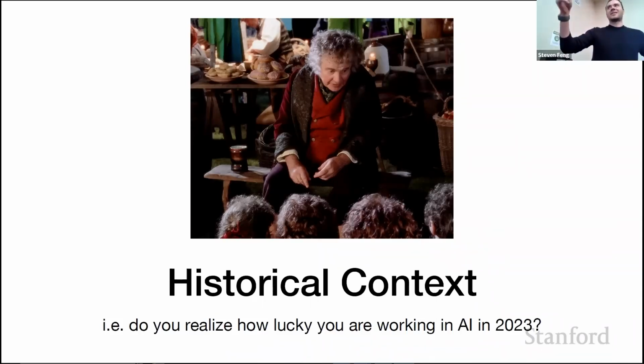And back then, you wouldn't even say that you joined AI, by the way. That was like a dirty word. Now it's okay to talk about, but back then, it was not even deep learning. It was machine learning. That was the term you would use if you were serious. But now AI is okay to use, I think. So do you even realize how lucky you are potentially entering this area in roughly 2023?